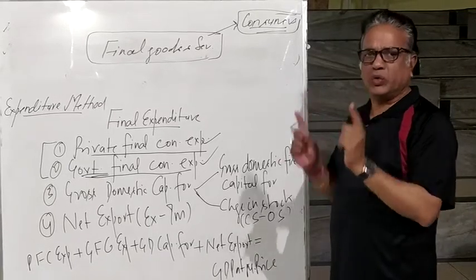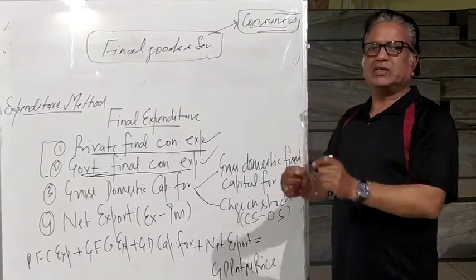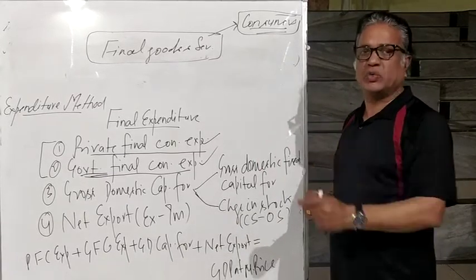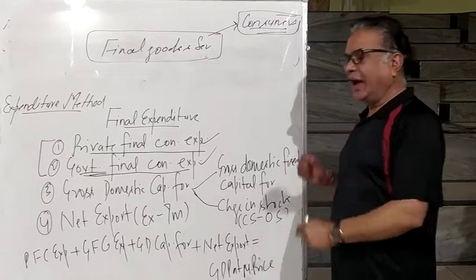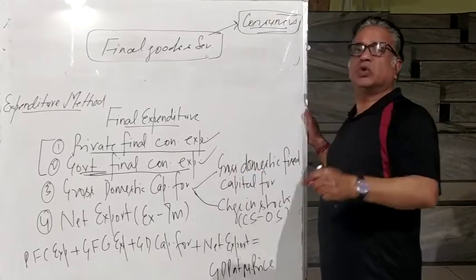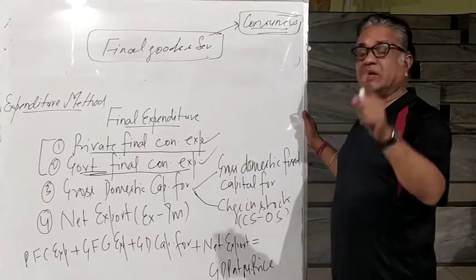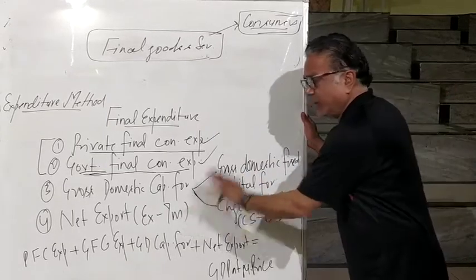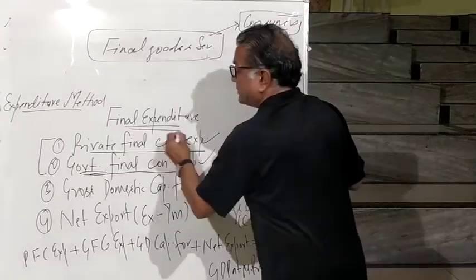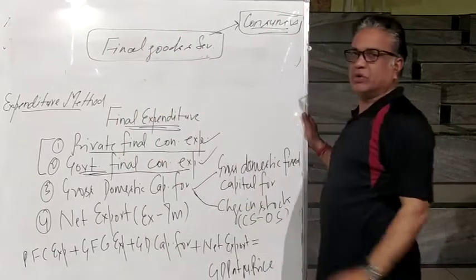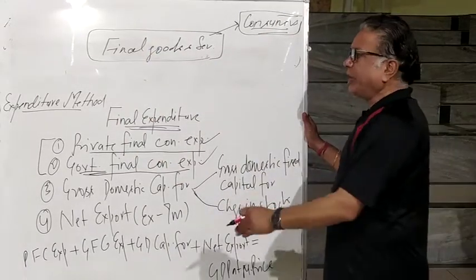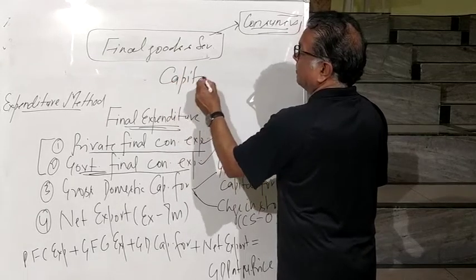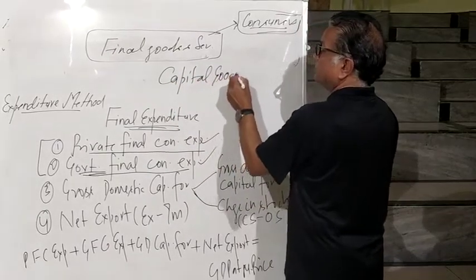The producer is making two types of expenditure. Expenditure on those goods which are used for production, they are final goods. What do we call them? Capital goods. And other expenditure on those goods which are used up in production, that is intermediate goods. That will not be included here. Why are we not including it? Because we are talking about expenditure on only final goods and services. So when the producer is making the expenditure on such goods, what do we call it? Capital goods.